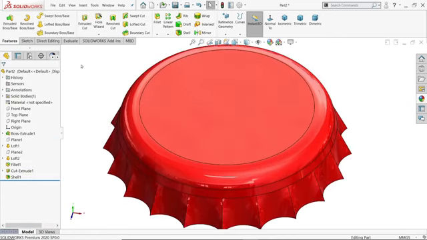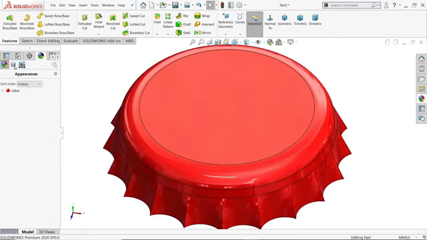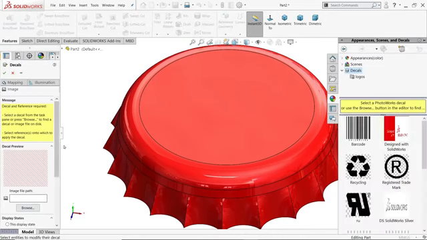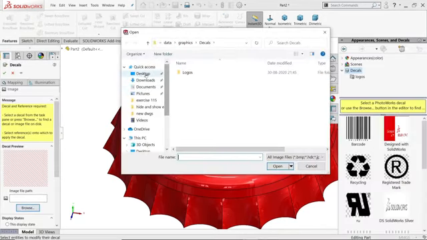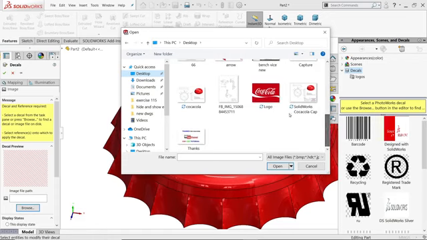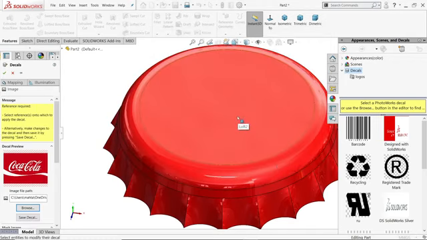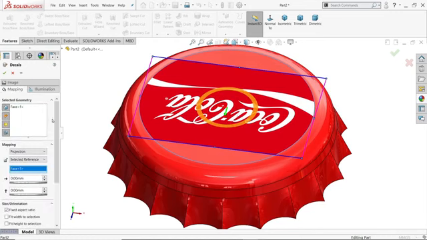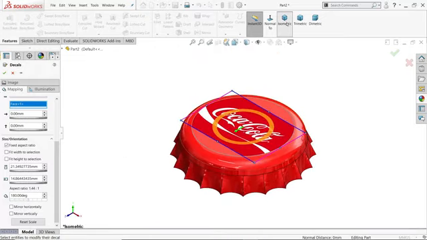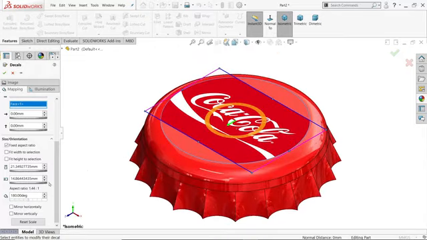Now let's apply the decal. So just go to here. You'll find here view decal. See in this option, right click, add decal. Now here click browse, desktop, and this is our decal logo. See, I downloaded this from YouTube, Google. Open, select this face. Now see, go to mapping and just adjust the diameter. Okay, that's perfect. 180 degree.